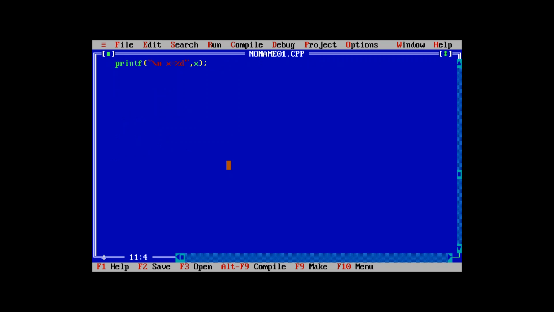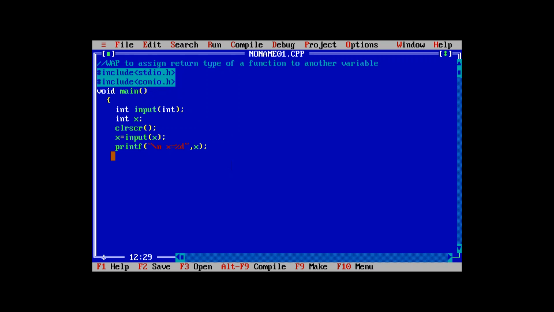So first of all, we have to use getch over here. Then there is a closing of this one, and this is the function that is used, that is the input. Input is the function, and the argument that is used is k. Then there is a printf for printing purposes, that is, enter value of x,